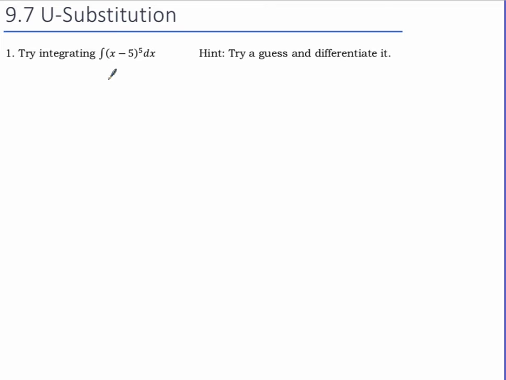Okay, so let's do this one here first. Now this is a linear factor in here, so we can treat it just like an x squared. And recall the integral of x squared is x to the power 6 over 6. So we can do that here, and we have (x minus 5) to the power of 6 over 6 plus c is the answer. Okay, so what we did there is we just considered this to be one whole function